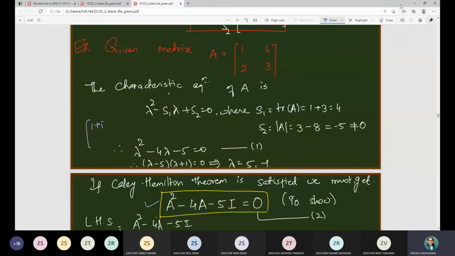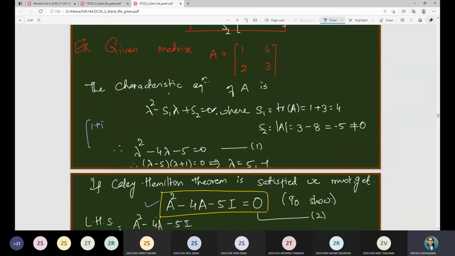So, if we talk about yesterday's class, we have started with the Cayley-Hamilton theorem. That means every square matrix always satisfies its own characteristic equation, right? When you write down the characteristic equation of any square matrix, it will be an equation in terms of lambda. If you substitute that variable lambda by a matrix A, then also that equation is going to be satisfied. That is what the Cayley-Hamilton theorem is, using which we can not only find the inverse, but also simplify the higher powers of the matrix in terms of either a quadratic or linear polynomial in A. That is what we have seen.